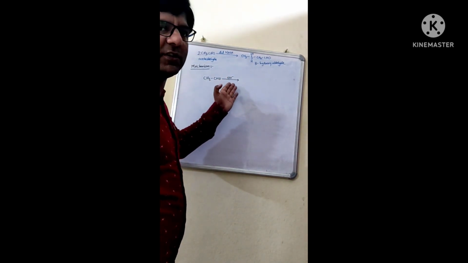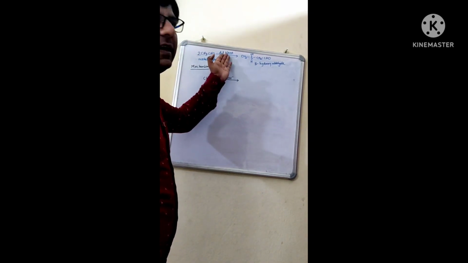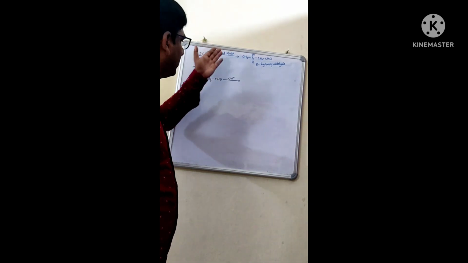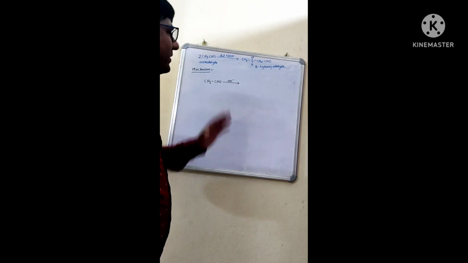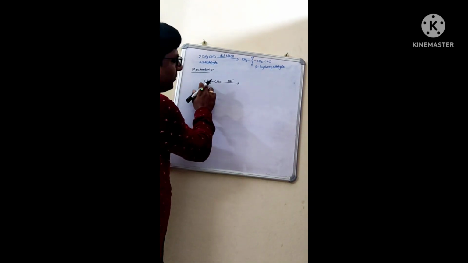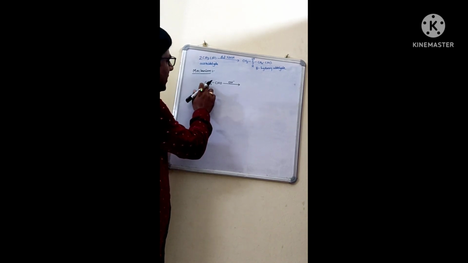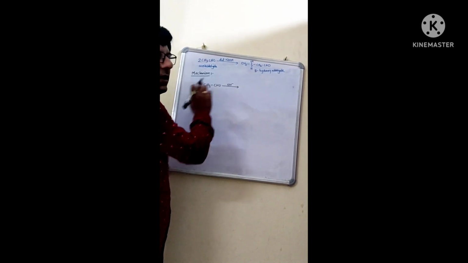From where are we taking this OH minus? We are taking this OH minus from this NaOH. As you know, NaOH will dissociate into Na plus and OH minus. So what are we using? The base, that is the OH minus. Now what will it do? It will abstract one proton from this carbon. Already we have 3 alpha hydrogens, so one of the hydrogens will be abstracted by this OH minus.